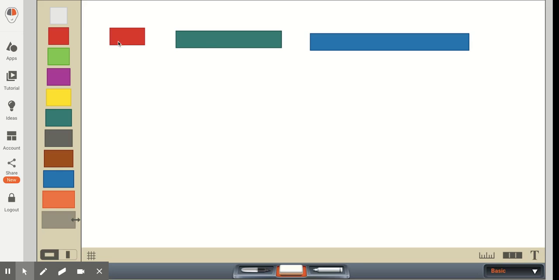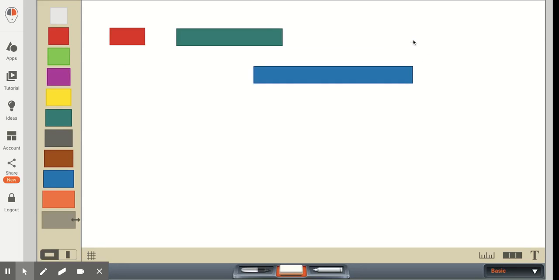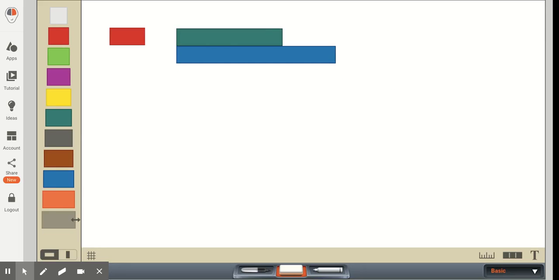So if we have this red bar, green bar, and blue bar, and we directly compare the red and the green, so we align both endpoints at the same location, we find that the green bar is longer than the red bar. And then we're going to match up the blue to the green. We find that the blue bar is longer than the green bar.